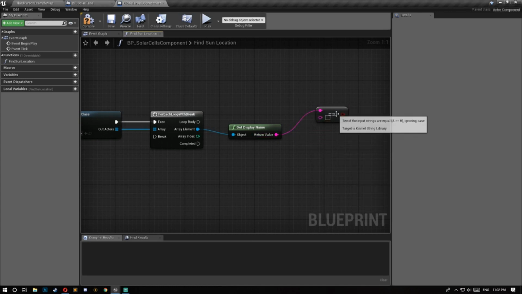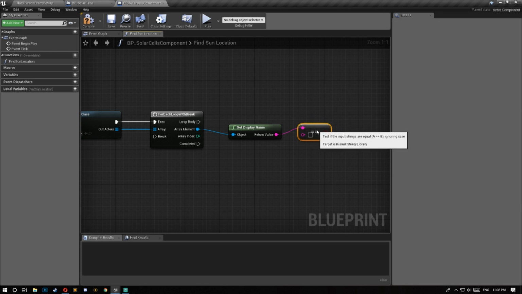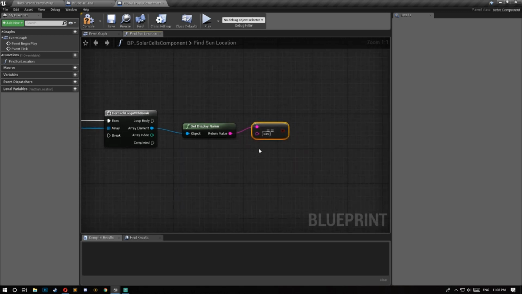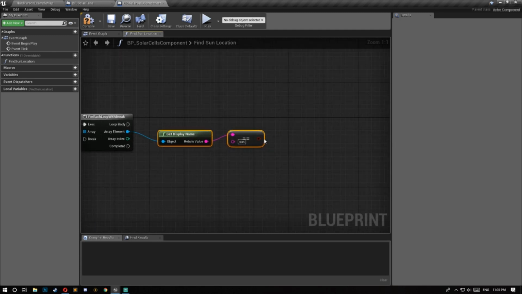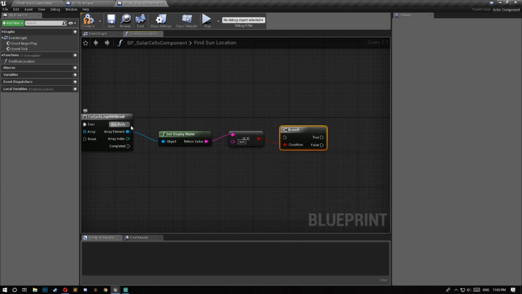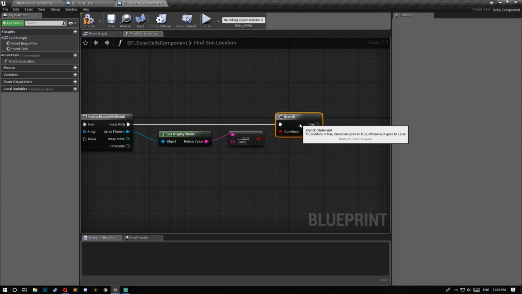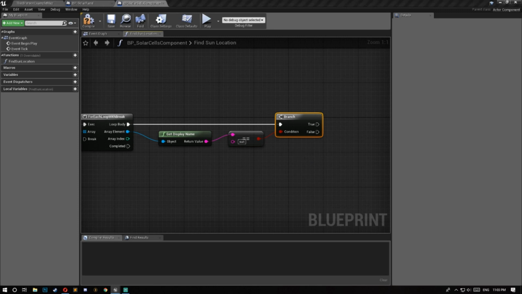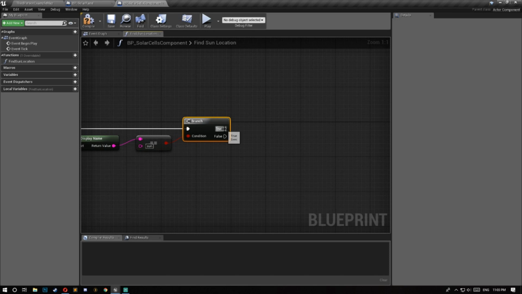Let's do case insensitive comparison. That's what I want, because I don't want to force anyone to call this sun with capital letters or whatever. You can just call it sun in whatever way you want. So now I want to branch off this. I'm going to say if this object's display name is the sun, then what I want to do is I am going to,